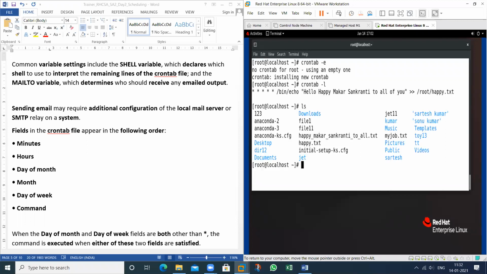See, at this time there is a file, happy.txt. Because I have typed stars here, it means every minute, every hour. So see the result in this file. See, this is the message.